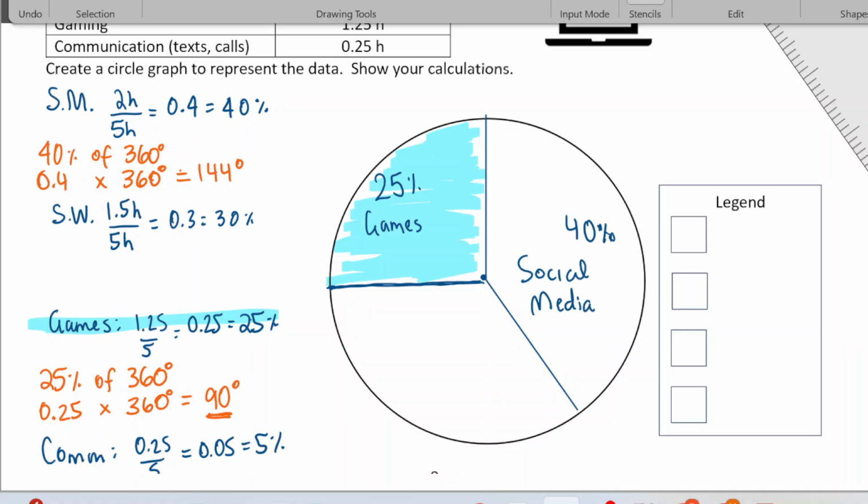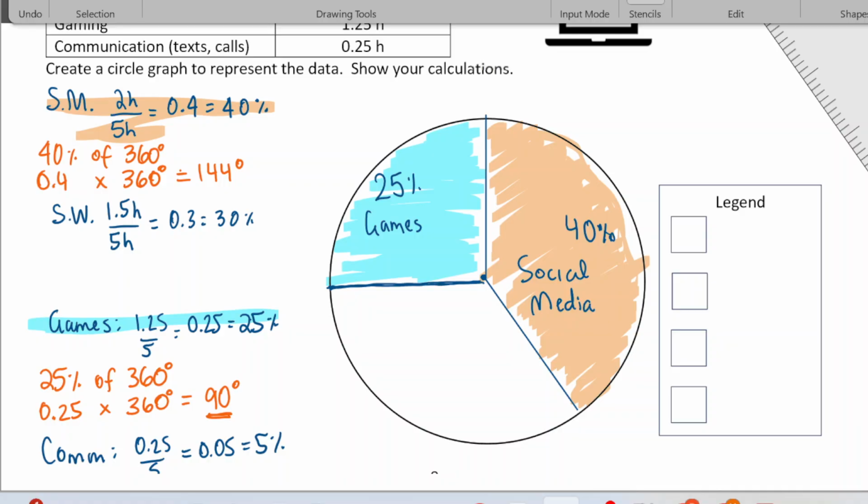So you want to use a protractor to measure those angles. I just don't have one that is easy to bring up on my screen. So I'm going to use orange for that, shade it in. Okay, next is